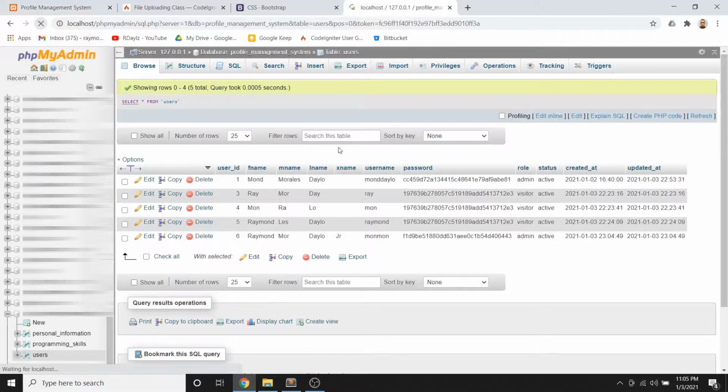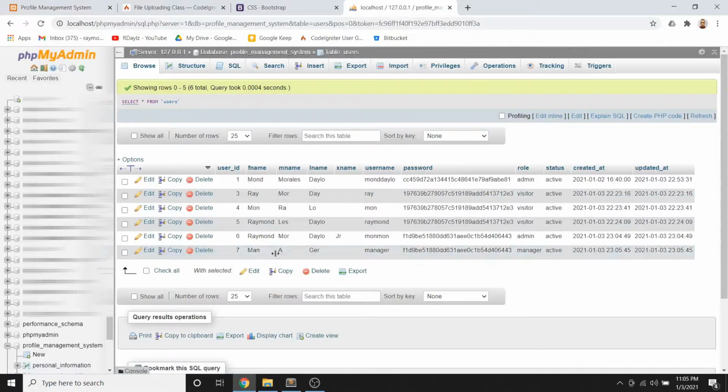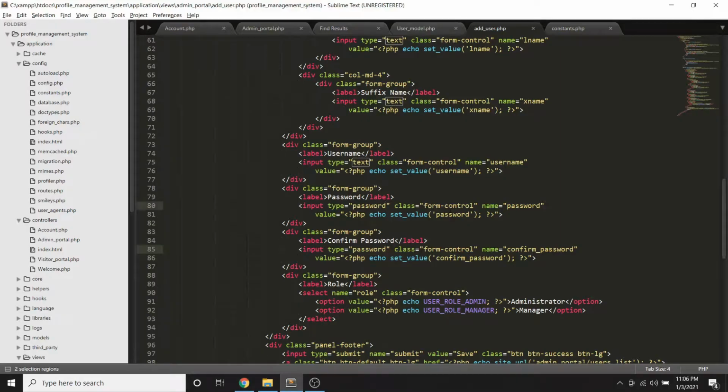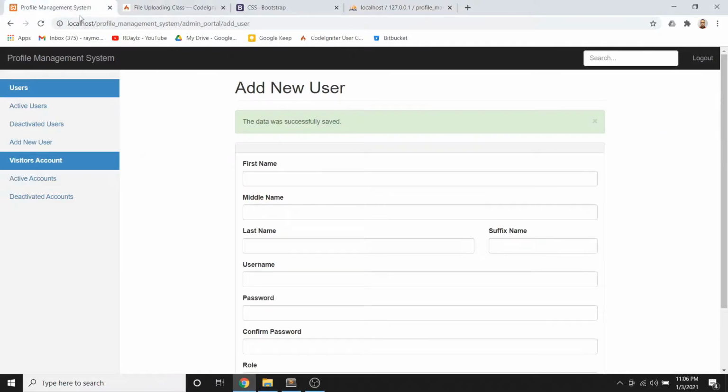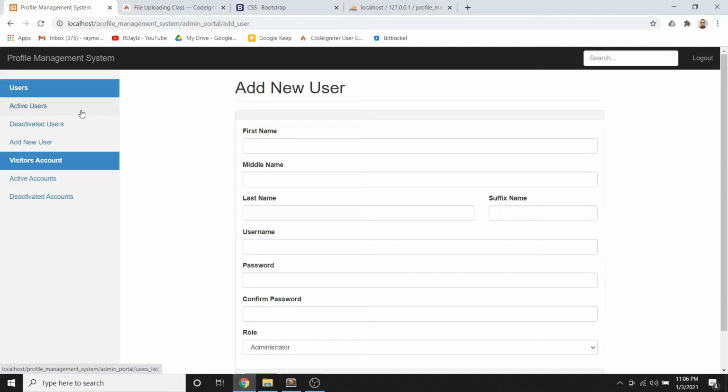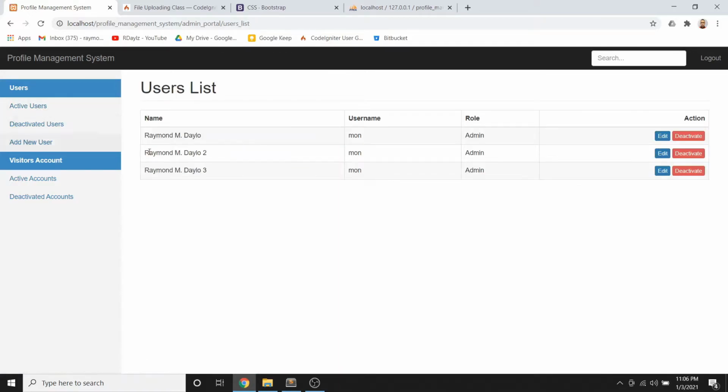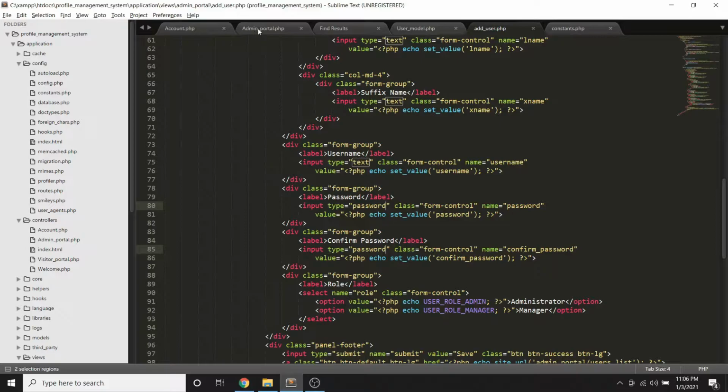And let's try to check the database. Okay, manager. Username is manager. Then yung password. Then yung role niya is manager. Okay? So now we already created yung mga users natin. So once we go to the active users, dapat dito na ma-display yung mga user na na-add natin. Okay? Now let's try to create another